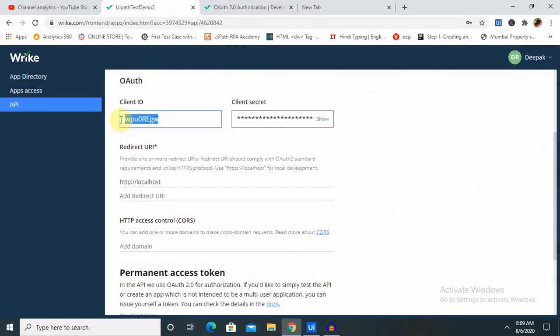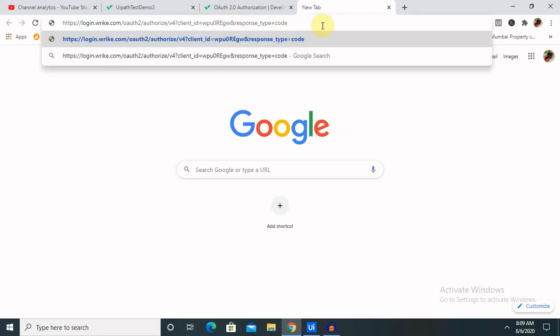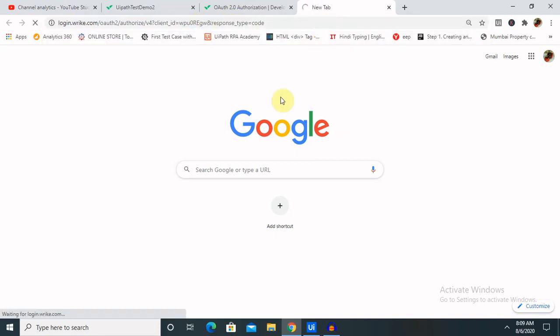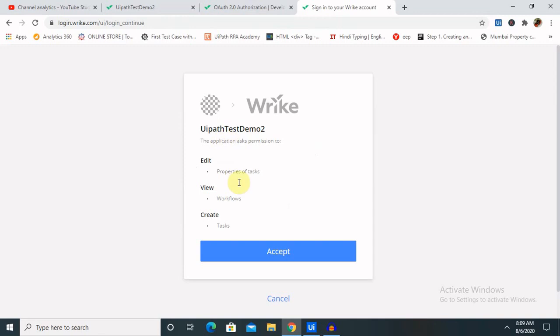Client ID is this. Here you have to make the changes and click on enter. Once you click on enter, a page opens and it will ask for your permission, like edit, view, create.